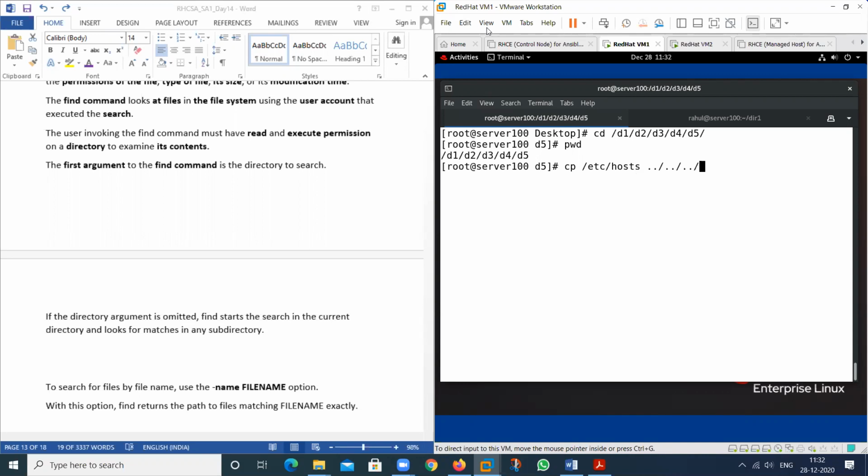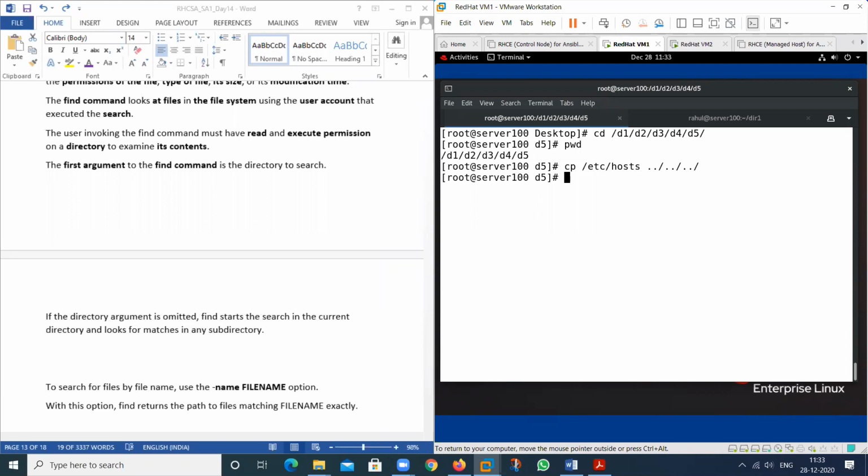Rahul and Vijay both texted me about this one. Sir, it will go to the previous directory. That is, if you have three dots, it will land in D2. Yes, yes, your answer is correct. So first it will exit from this location. So first dot, second dot indicates D4, and third one indicates D3. Then I am on this particular location. So this file will be copied by exiting from this one and then will be copied to this location. So you can copy this one.